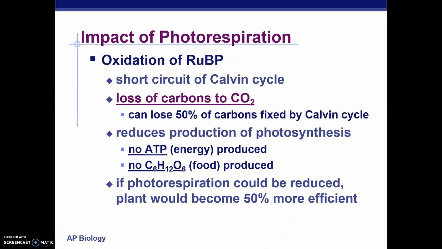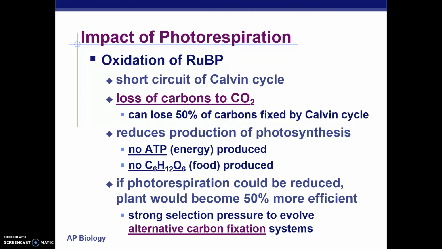Whenever there's photorespiration, the plant is at a loss of carbons, loss of energy molecules, so ATP will be used instead of being made, and there will pretty much practically be no sugar. And if photorespiration could be reduced, then plants